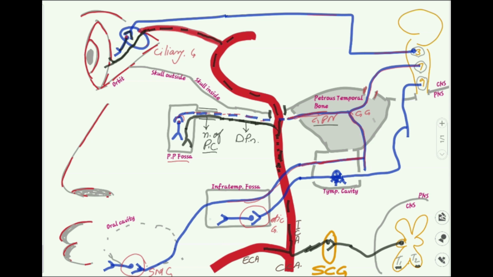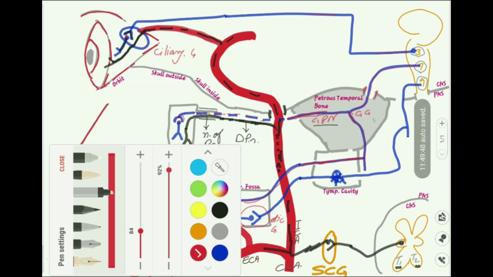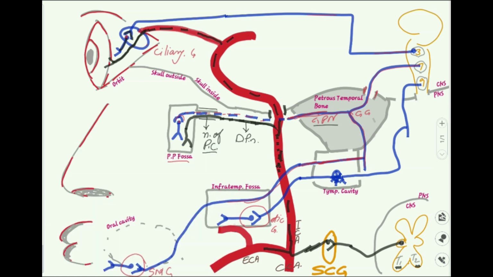Now we'll trace how sympathetic fibers reach the infratemporal fossa, the otic ganglion. In the infratemporal fossa, the external carotid artery gives a branch that is known as the maxillary artery, and then the maxillary artery gives a branch that is the middle meningeal artery. So the route of the sympathetic fibers destined to the otic ganglia is that they ascend through the external carotid artery, then they move to the maxillary artery, and then its branch middle meningeal artery. Here it will leave the artery and it will enter the ganglia. It will not synapse. It will traverse the ganglia